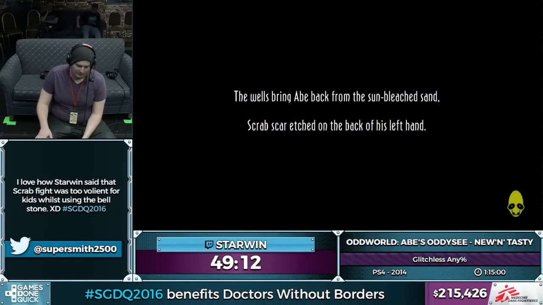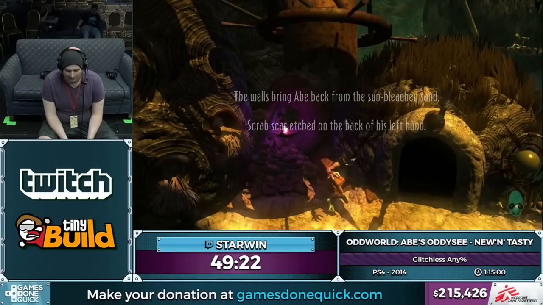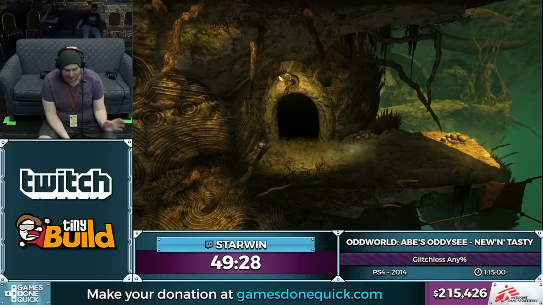Alrighty. So there's a glitch or a bug that might happen right here. If it does happen, it'll lose about 10 seconds. It's not really the worst thing in the world. So after I get back to the central hub, where you get to choose whether to go to Paramonia or Scrabania,